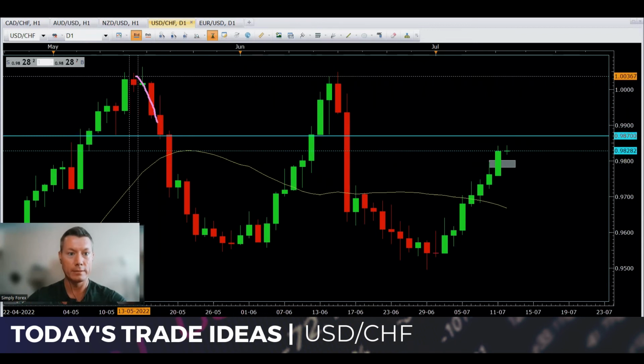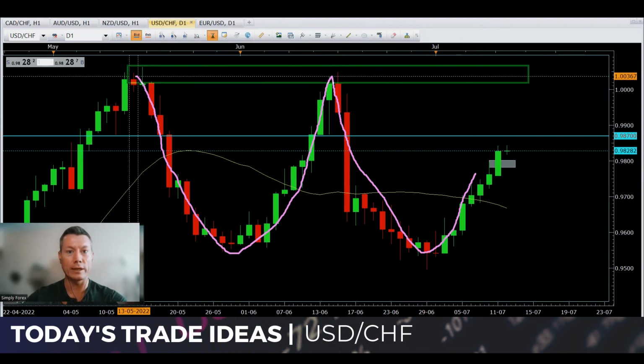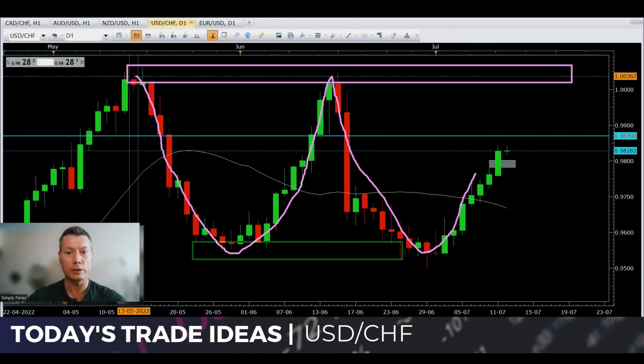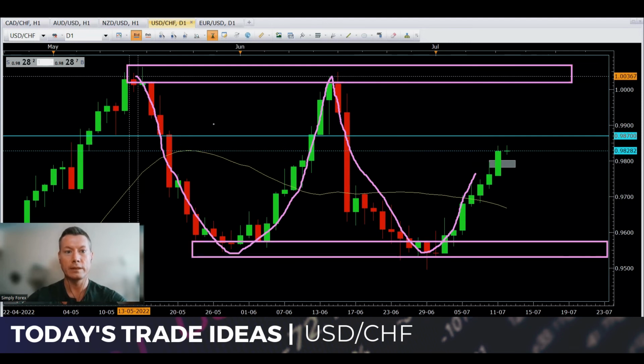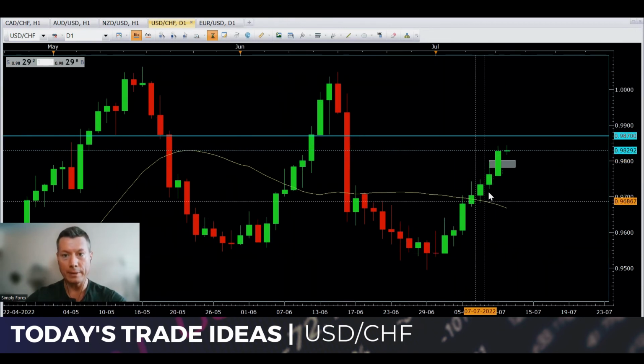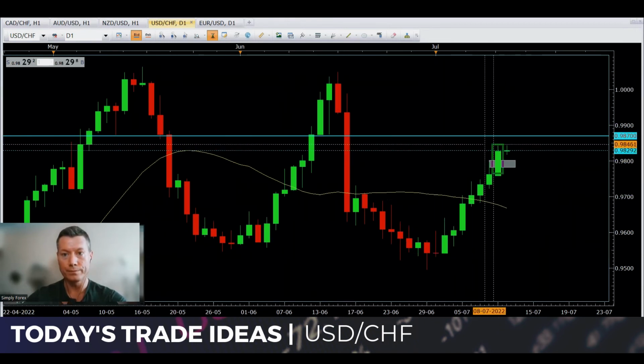So price was in a downtrend, then in an uptrend, then in a downtrend, and now it's on its way up. So basically, guys, this is in a sideways market. If you take these two zones here, it's in a sideways market. It's coming from here, up to here, down to here, and arguably up to here. But I don't think it will reach up to here again, and let me explain why, guys. I'm happy to take longs off of this candle, because price is in a sideways market.